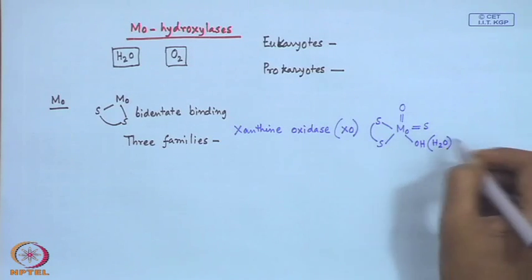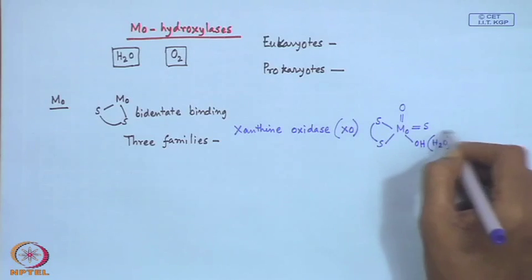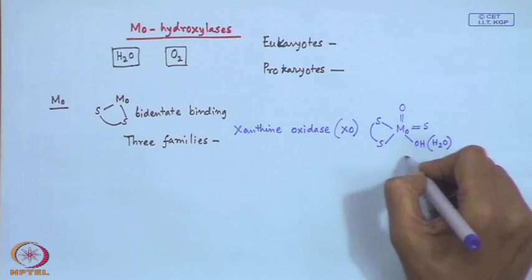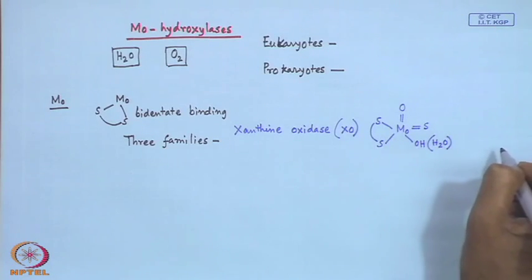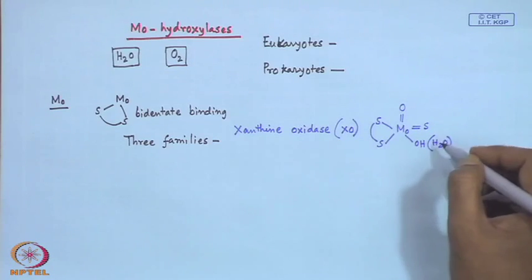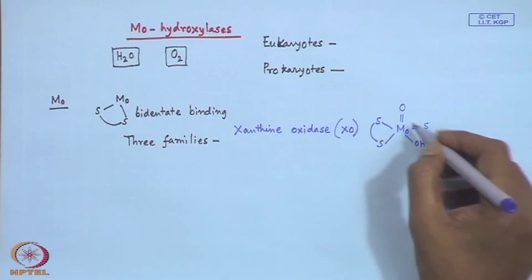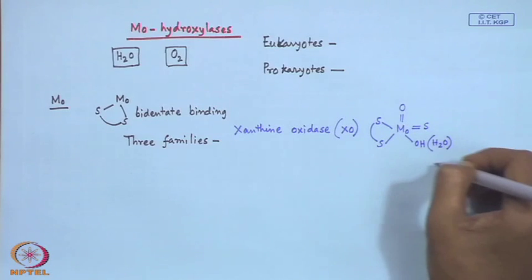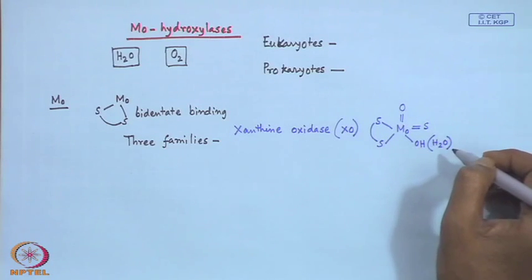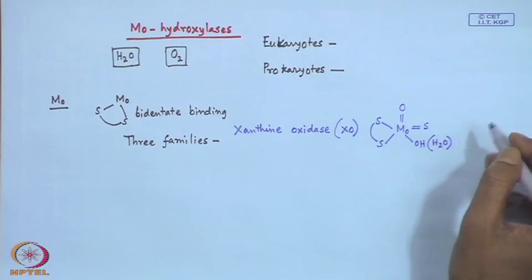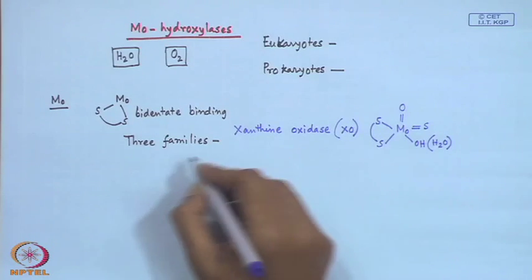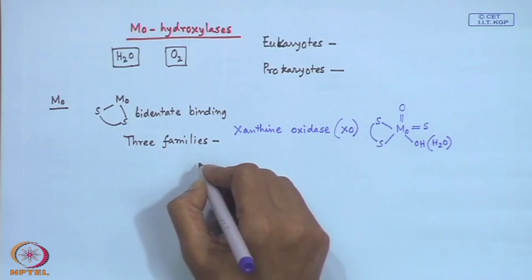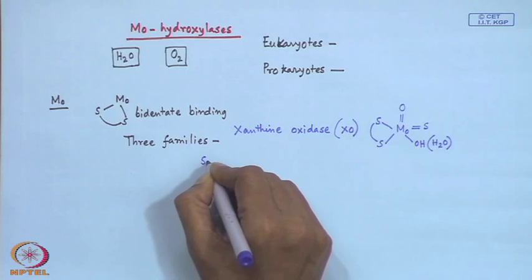So, once you supply the extra proton to the OH function, it can be converted to a water molecule, and it is very easy to remove that from the molybdenum center, because we always know that water bound to any metal center is very loosely bound. You can substitute that water by some other group. So, this is xanthine oxidase, then we can have the sulfite oxidase,